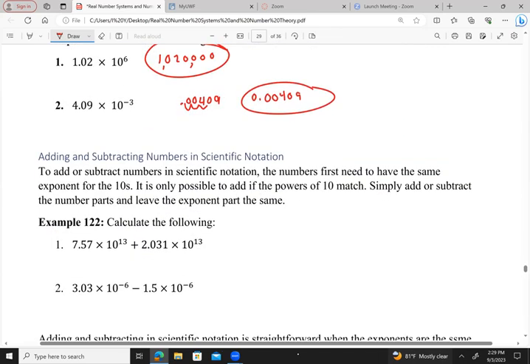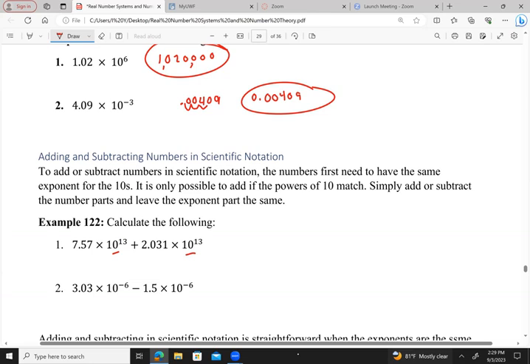Okay, to add or subtract numbers in scientific notation, the numbers first need to have the same exponent for the tens. It is only possible to add if the powers of 10 match. Simply add or subtract the number parts. So in this case, note our powers of 10 are the same. So to add, we simply take